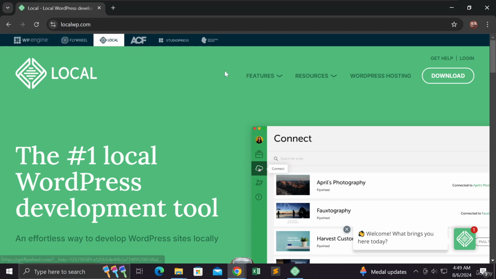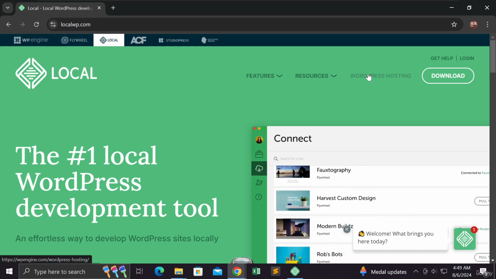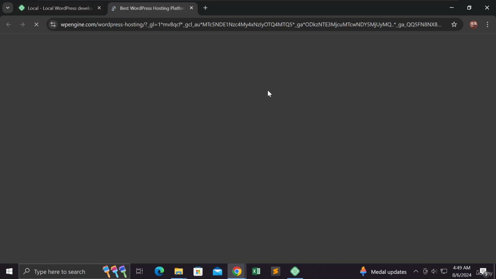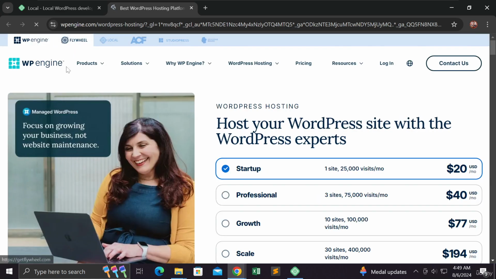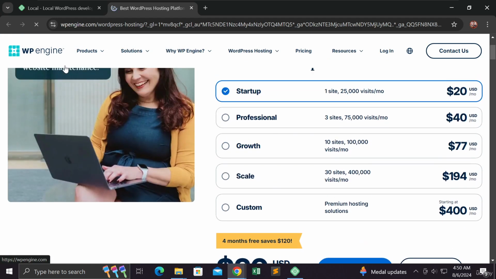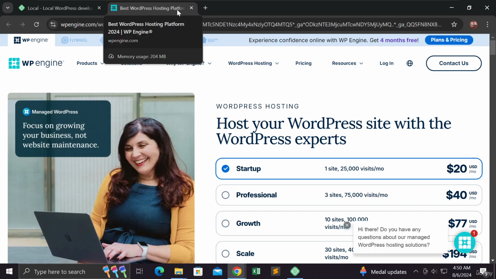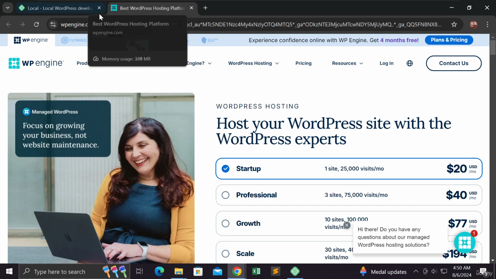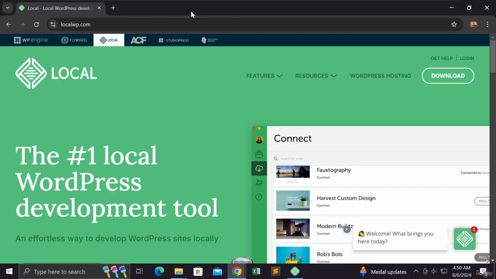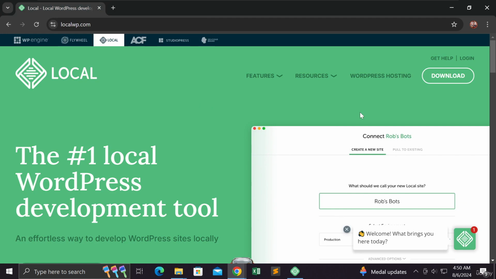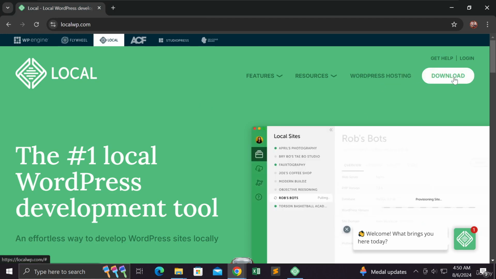Okay, so let's try and click the WordPress hosting. We might have some idea. So it is the WP engine, a product of WP engine, since they are the one who will help you migrate your files to a hosting website. You can try and do some research about this if you want to know more about the local WP. But right now, what we are going to do is to download the plugin, or sorry, not the